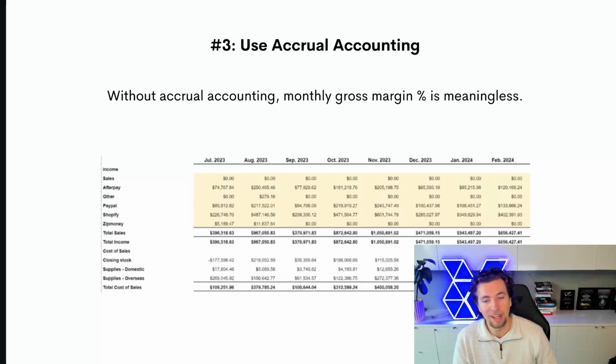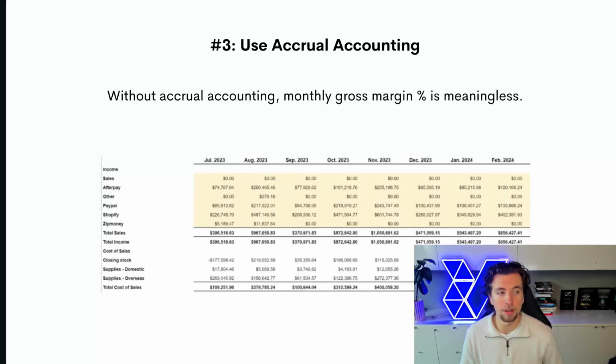However, once you're at least a $1 to $2 million business, you need to be moving to accrual accounting. There's multiple reasons, but the primary reason that I want to stress in this video is so that you can have accurate monthly gross margins. If you don't know your gross margins month on month, you have no idea what to spend on marketing, you have no idea what you can afford to spend on operating expenses, and then the entire financial operations of the